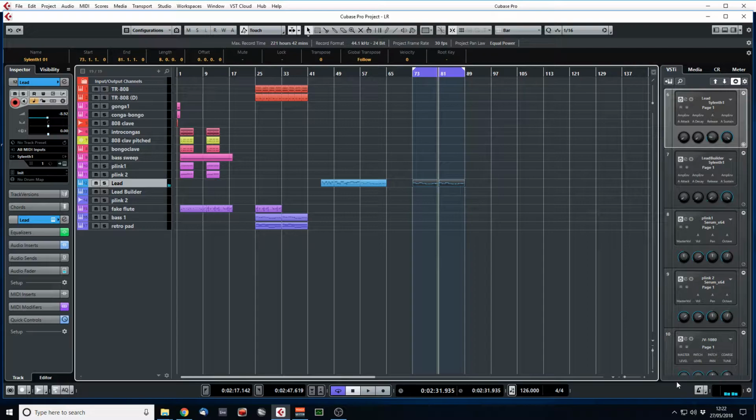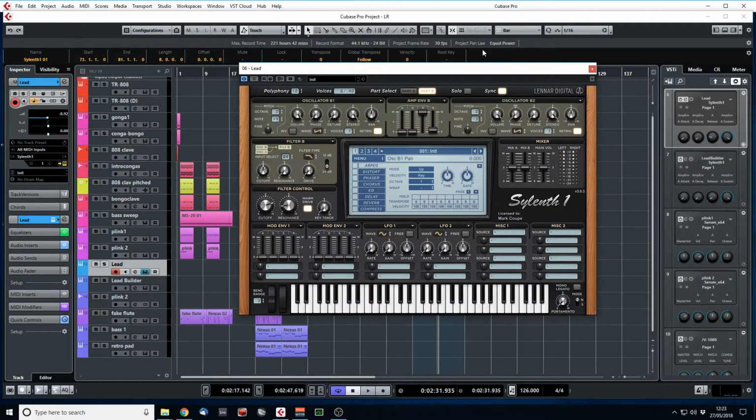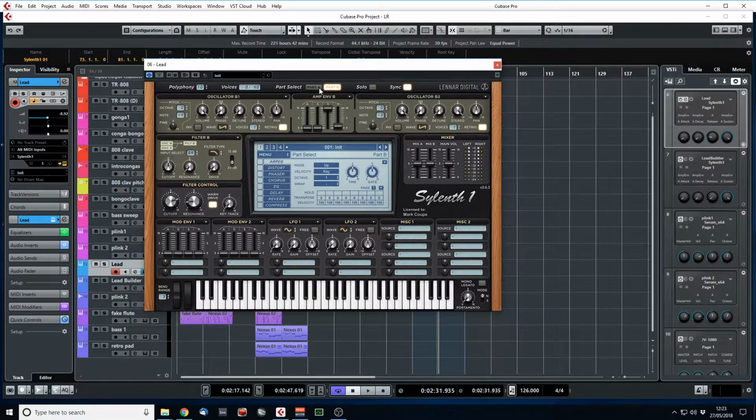So there we go, that is the main hook from the track, and if we open up the synth that I made it on, it's Silent, and it's a fairly simple patch when we start looking at it. It's 4 oscillators, so I'm using both part A and part B. Well, let's talk about part A first. We've got one voice on oscillator 1, we've also got one voice on oscillator 2, but we're playing 7 semitones up, and part B we're playing 4 semitones up, and we're going down -3 semitones on there, and all 4